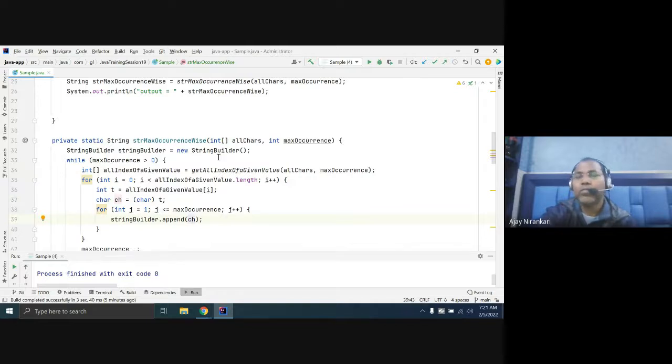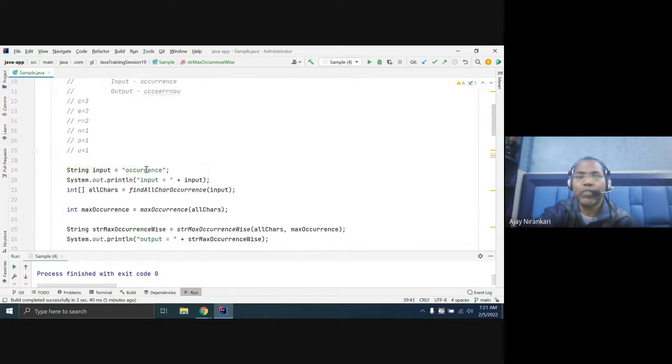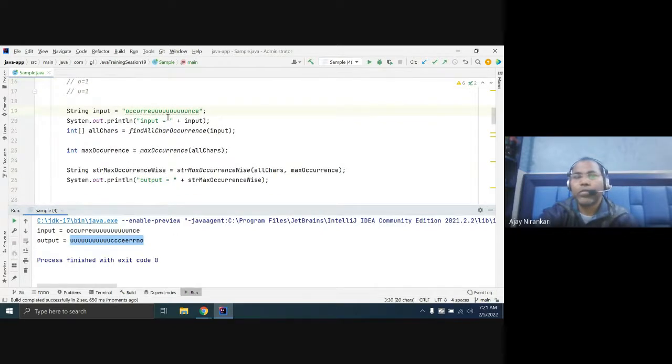In this way you make a generic code. Whatever input you pass, you notice that the most frequent character should come first. This is the max occurrence. You can test any data set, maybe some special character, and it gets the special character first.